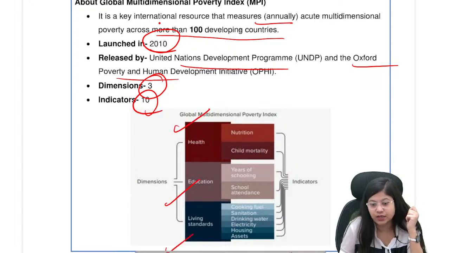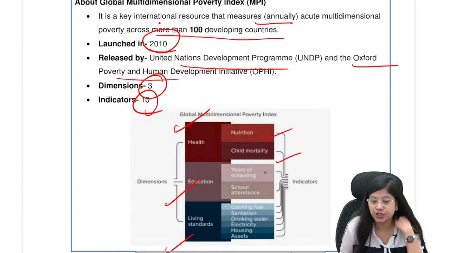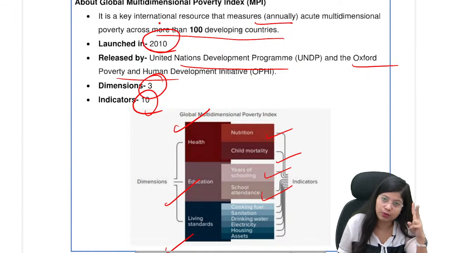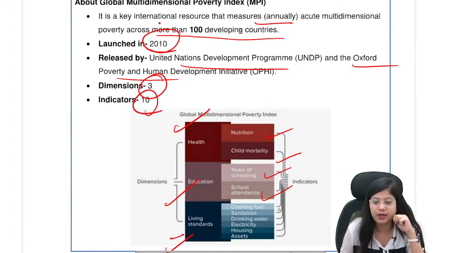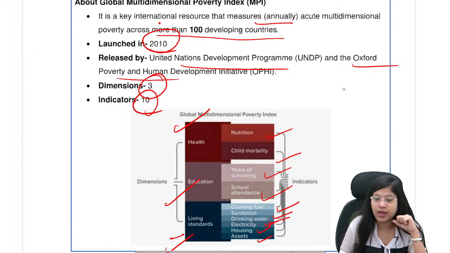Health, education, living standards. In health, nutrition and child mortality are 2 indicators. In education, years of schooling and school attendance are 2 indicators. In living standards, we have cooking fuel, sanitation, drinking water, electricity, housing, assets. These are the indicators. Okay, बैंक अकाउंट्स,